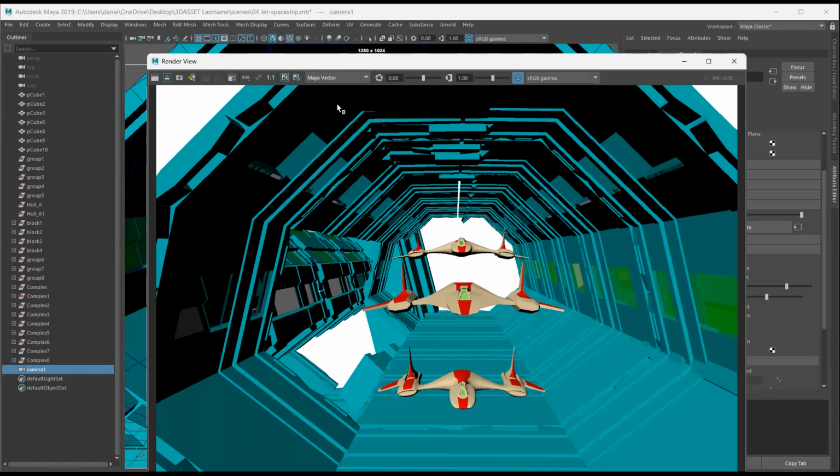In Maya Vector, and this is the reason why I like 2018 and 2019, because they got rid of this particular shader for 2020 and beyond, it gives a fail-safe way of applying a 2D render on my object. Okay, let me render it right now to give you an example. So I'm using Maya Vector, okay, and